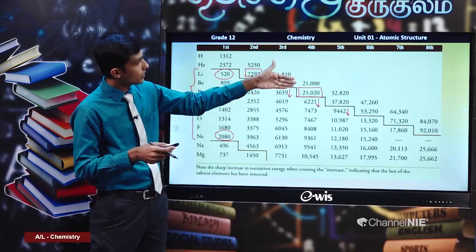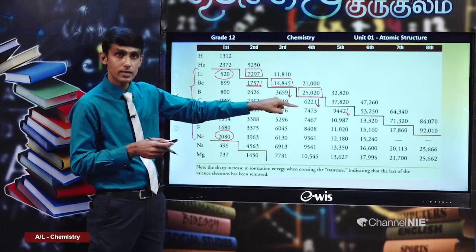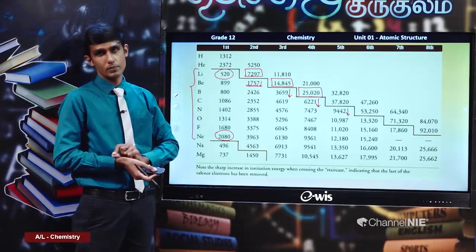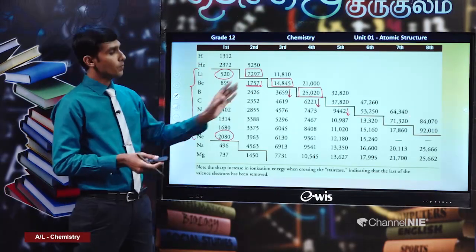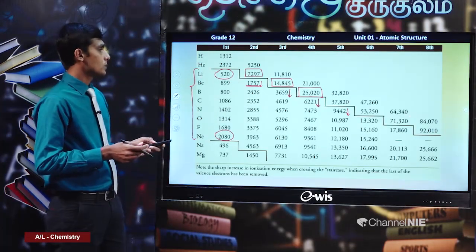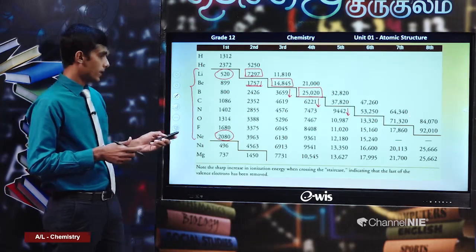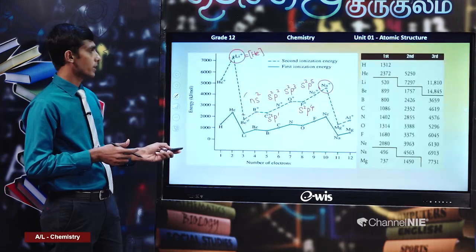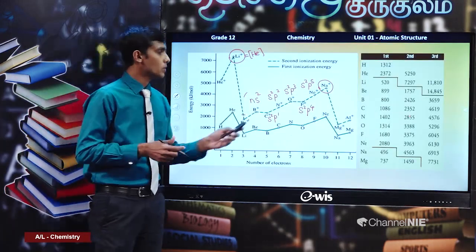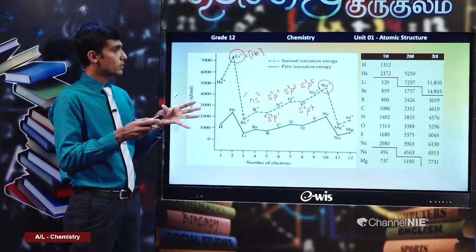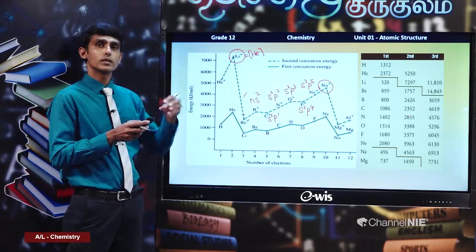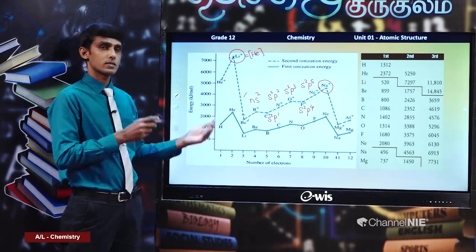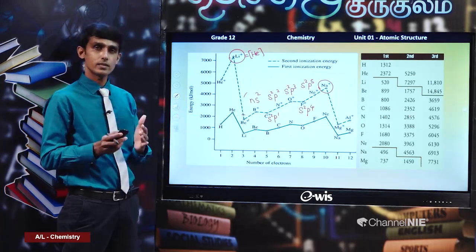Highest fourth ionization energy, 4 minus 1, 3. When you express the group number in Roman numerals, group 3 element. Like that you can easily obtain the highest and least ionization energy values. Now, second ionization energy variation is also quite important. Sometimes you are given certain elements or a series of elements and you are asked to arrange these elements in the increasing order or decreasing order of their first ionization energies or second ionization energies.